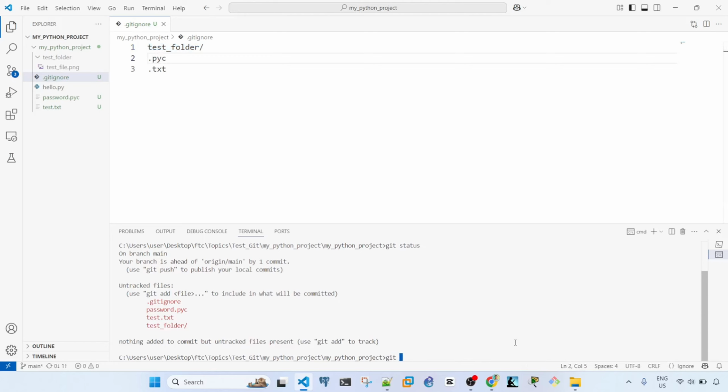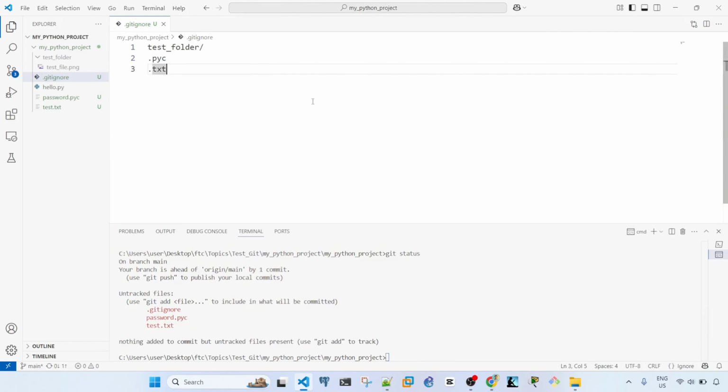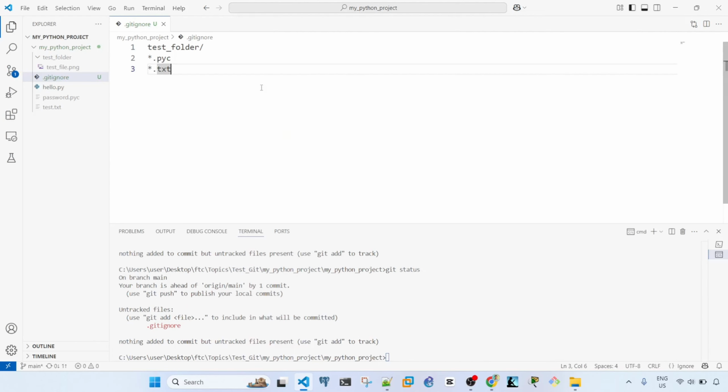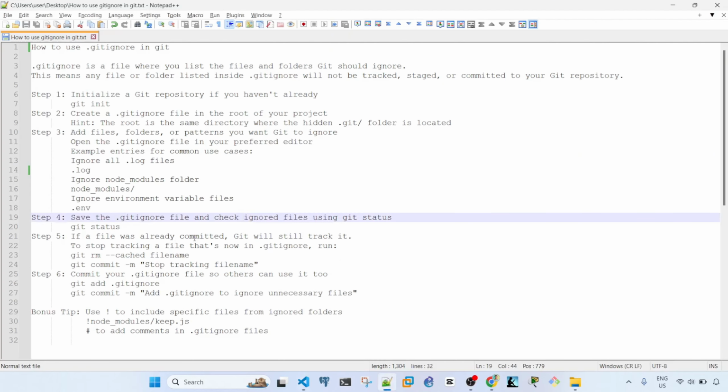Let's try git status again. I think I should add an asterisk, meaning any characters before these extensions will be ignored. Let me do git status again. Okay, that worked. So our gitignore file is working. Now we don't see the .pyc file, .txt file, and the folder in the untracked files. So Git is not seeing these files. The next step is to save the file and check ignored files using git status. We've done that. If a file was already committed, Git will still track it. To stop tracking a file that's now ignored,